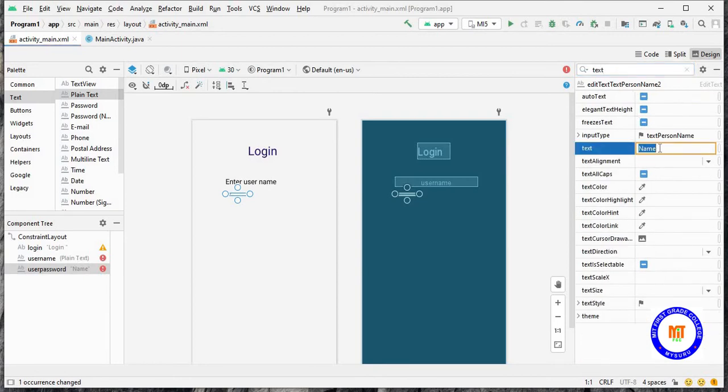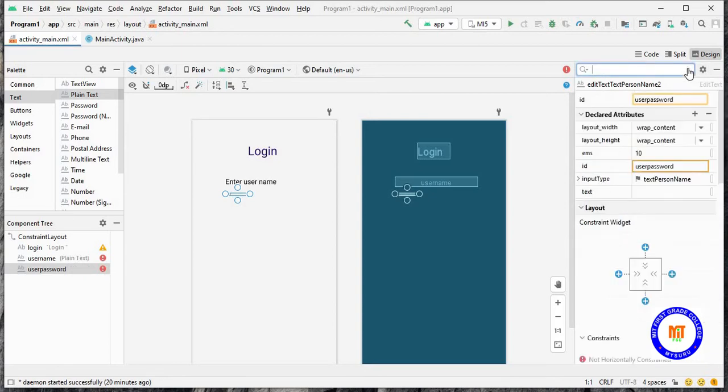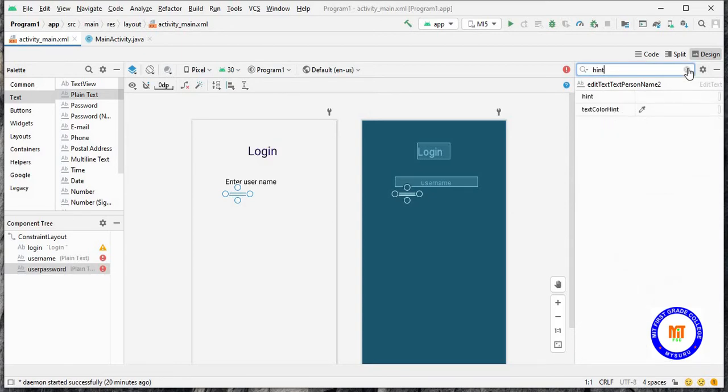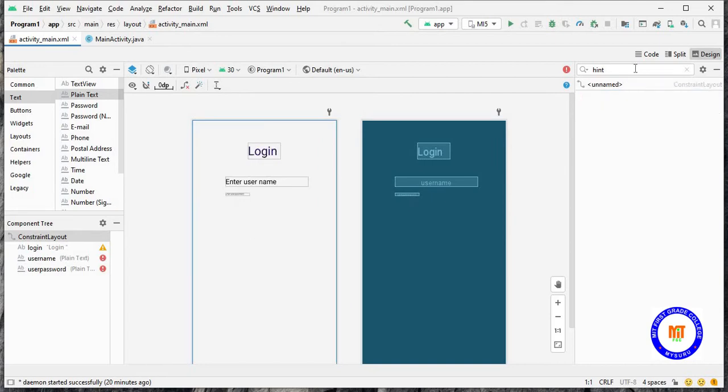I'll delete this, and in the hint I'll give it as enter user password. And you have to change the size of it. Size.